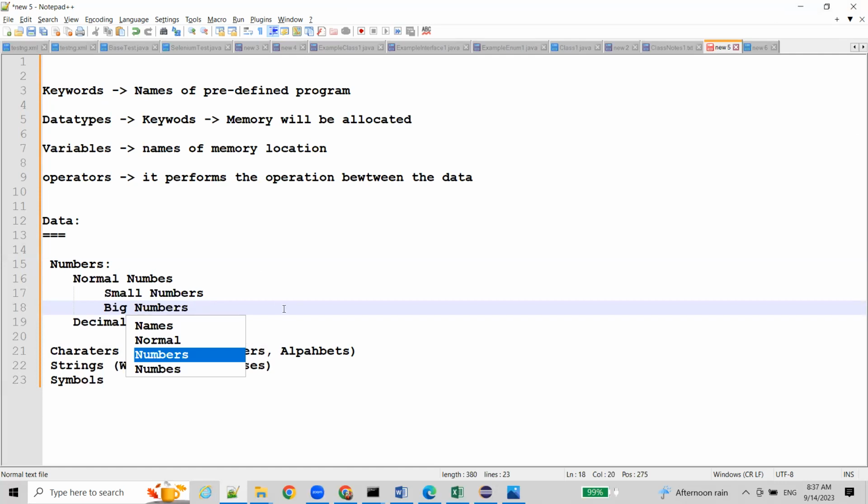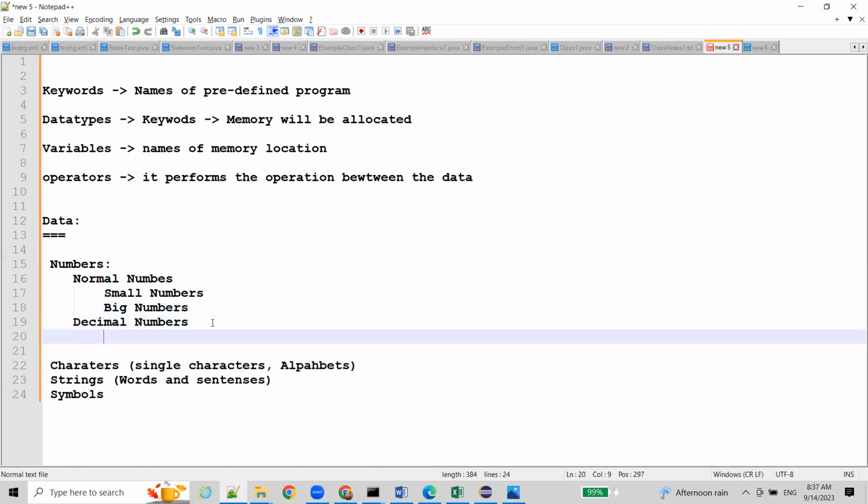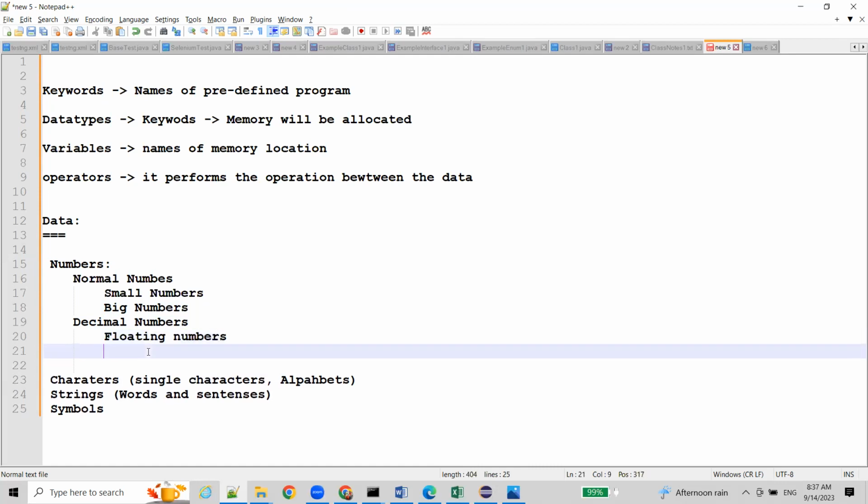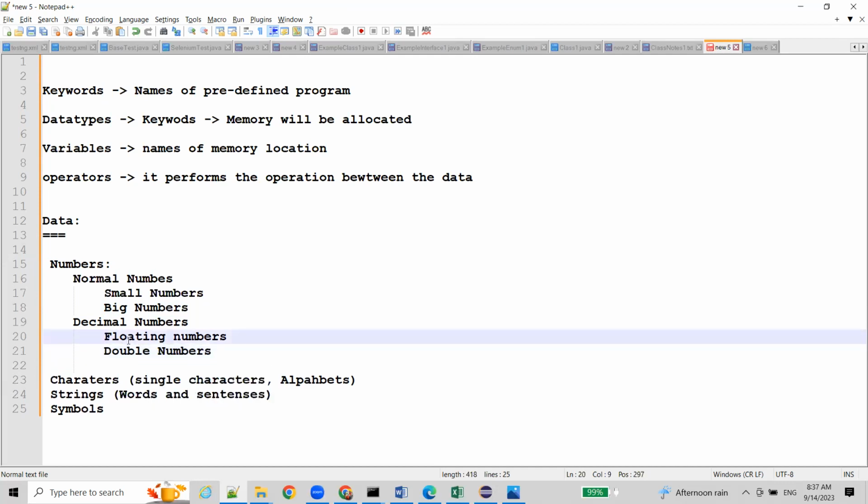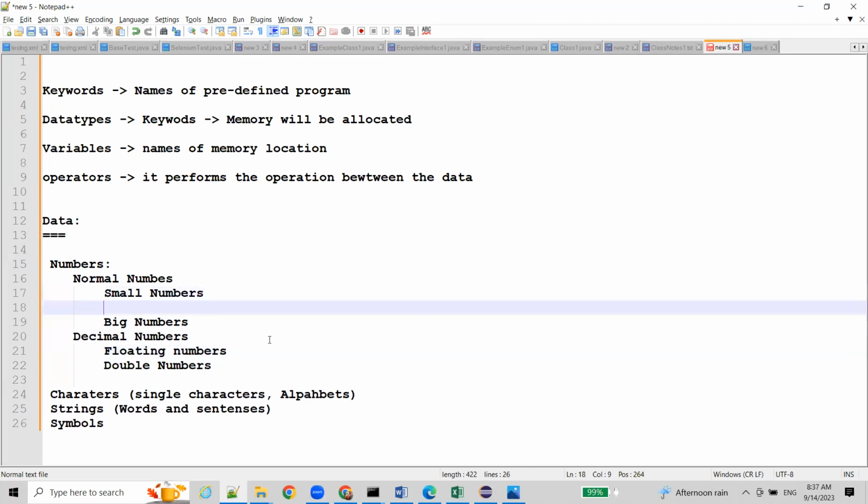Coming to decimal numbers, here you have floating numbers and double numbers. These are the mathematical terms. In small numbers, we have short numbers,